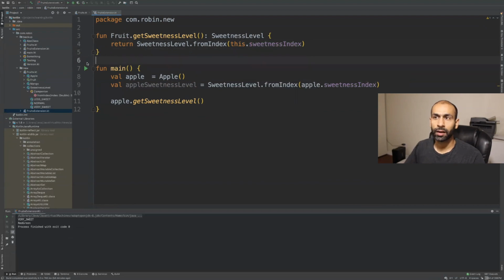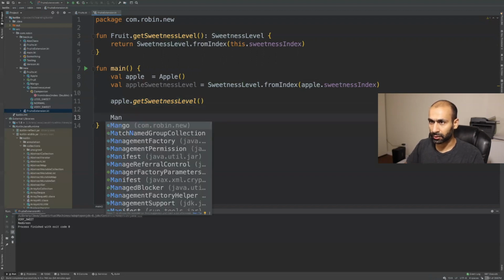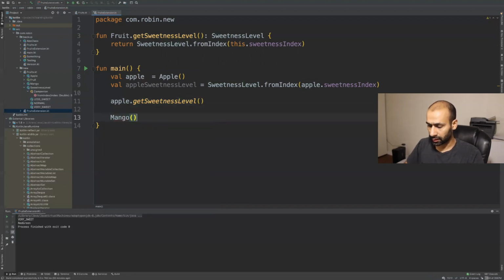So if you see here, we did fruit dot get sweetness level, right? This is the extension function which we add to this interface. We could add it to an interface, or we could add it to any of the classes. Here we return a sweetness level. So this is fixed now, and we could also do the same for mango, right? So we say mango, and then we could say